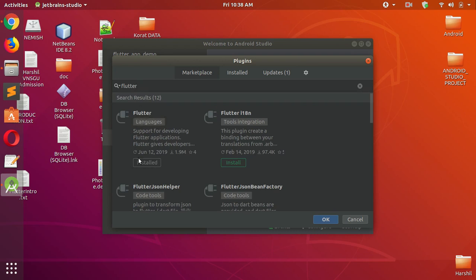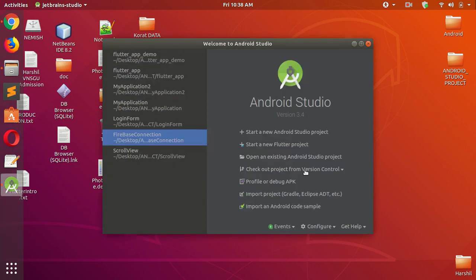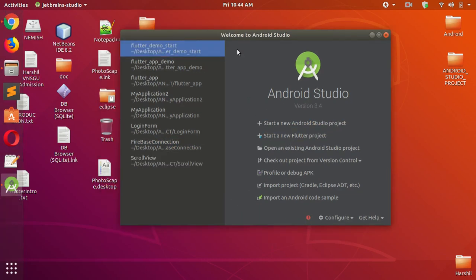If you have not installed it yet, then please click on install, and it requires the Dart language, so it asks you to download the Dart language, then press yes and it will install Flutter for you. Once you install this Flutter, then please restart your Android Studio. Friends, as I understand, you just included the Flutter plugin and restarted your Android Studio and